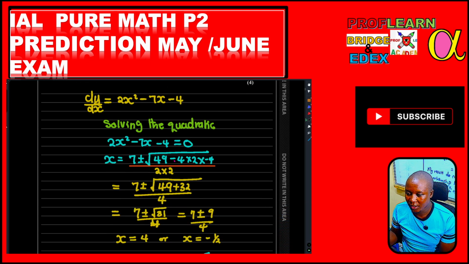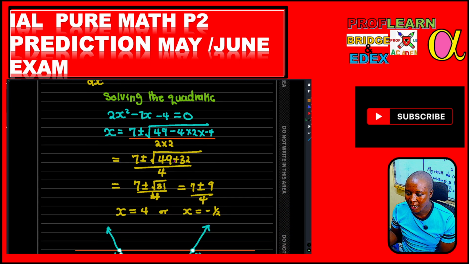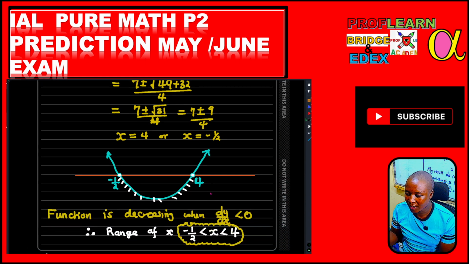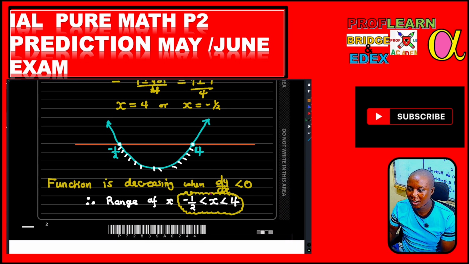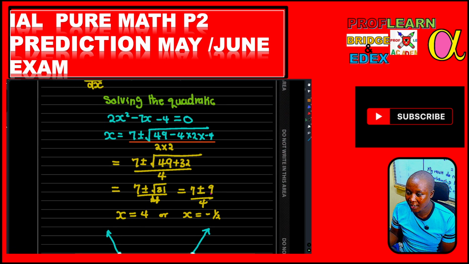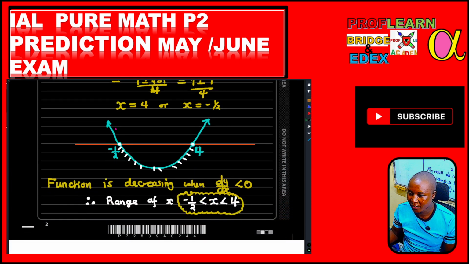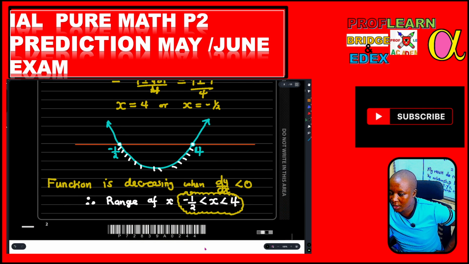Then once we have gotten this, we are going to solve the quadratic. Solving the quadratic, we are going to get x equals 4 or x equals negative 1/2. So we need to plot that or draw that on a number line. Then you see, since dy/dx has a positive coefficient on x squared, our graph is going to open upwards, and we have the critical values, which are negative 1/2 and 4, so that we can be able to say if the function is decreasing,